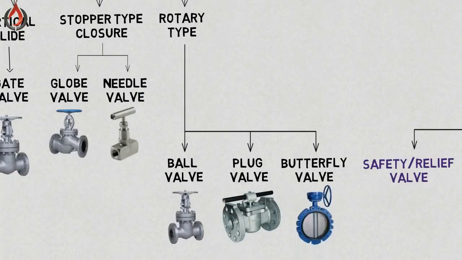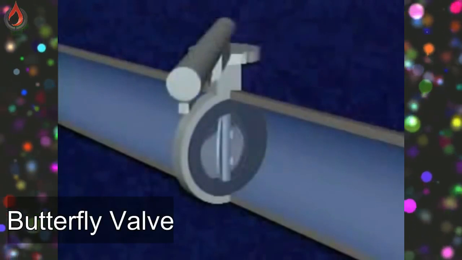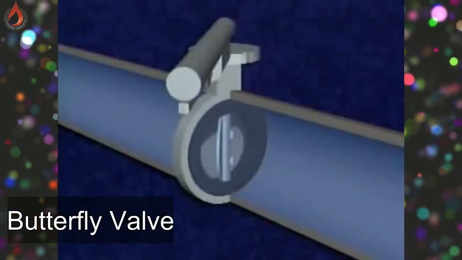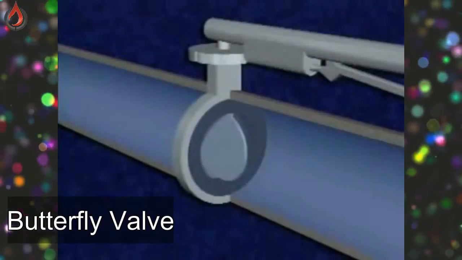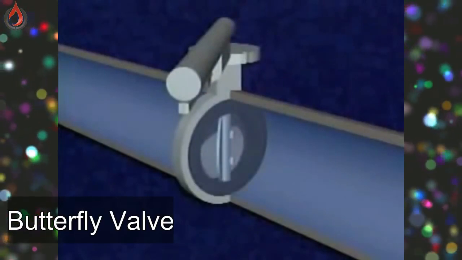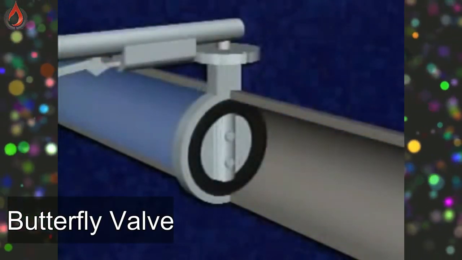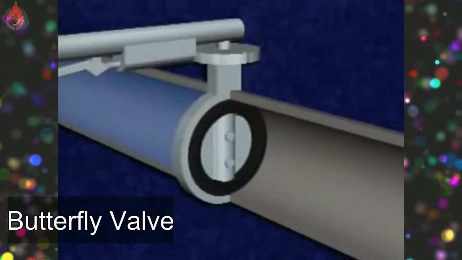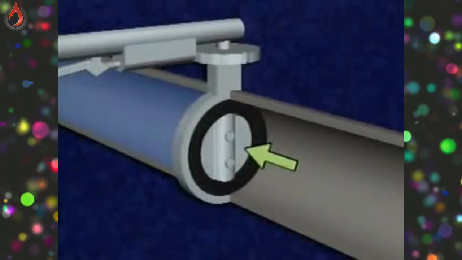Butterfly valves. Rotary motion valve that can be used in on-off and throttling systems. They are quick and easy to operate. The flow control element is on either a vertical or horizontal axis and is opened when the handle is rotated 90 degrees and closed when the valve is turned an additional 90 degrees.